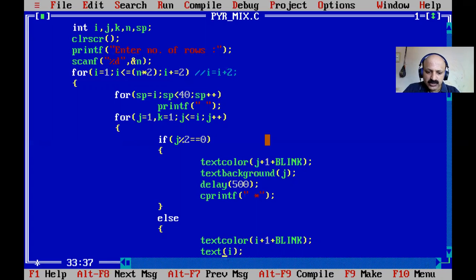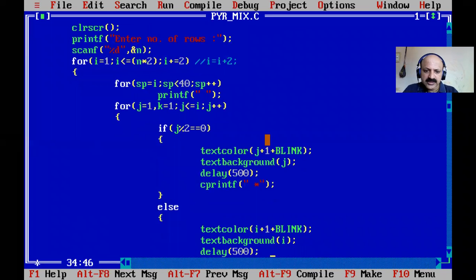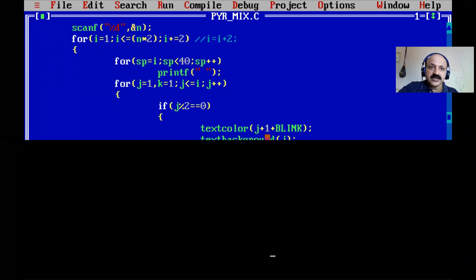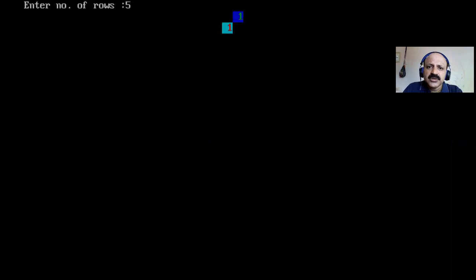So textbackground, and the N is remaining, so background. There is no spelling mistake. Right, so let us see how it looks.